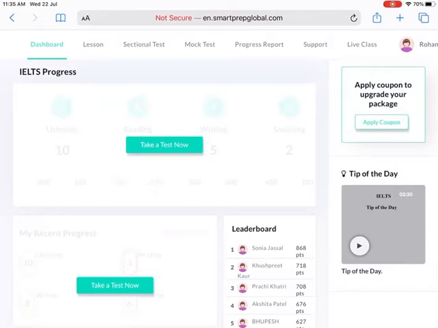About what are the things that you'll find on the dashboard. The first thing that you are seeing is the IELTS progress. Now this dashboard displays your result, your performance after taking the sectional test and the mock test. My recent progress, this shows the recent progress that you have made